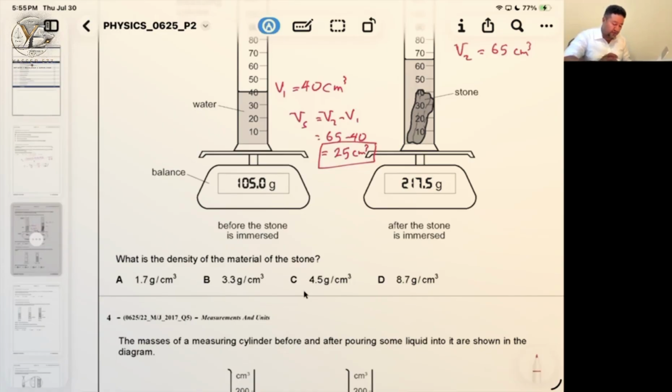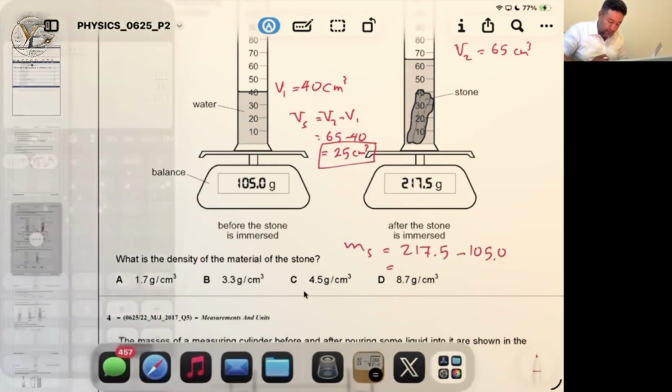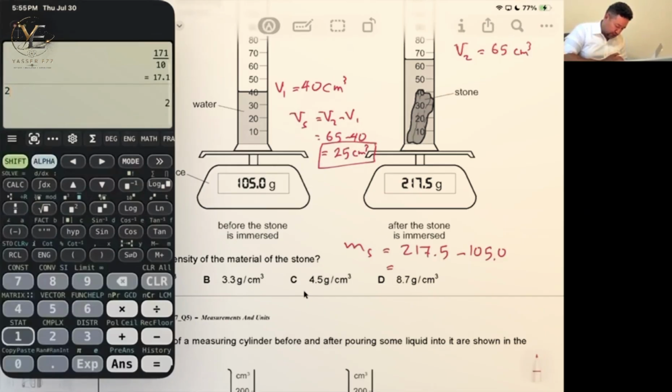So the difference between them will give us the mass of the stone. So the mass of the stone, M of the stone, equals 217.5 minus 105.0. The difference between them, so 217.5 minus 105.0 equals 112.5